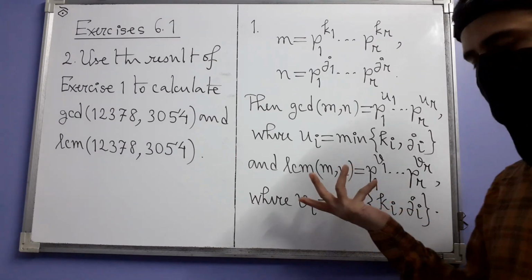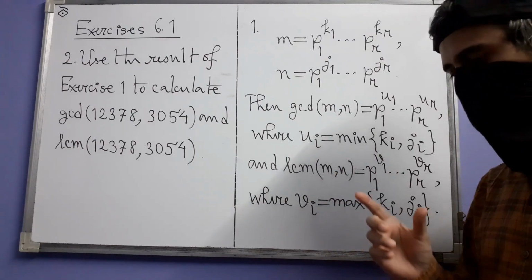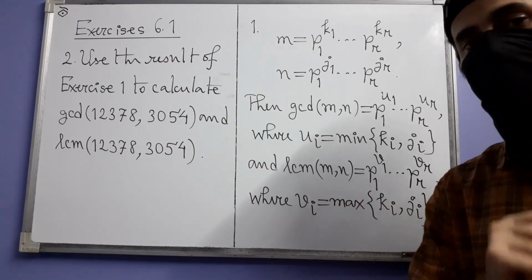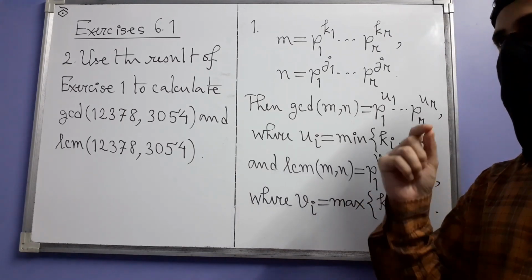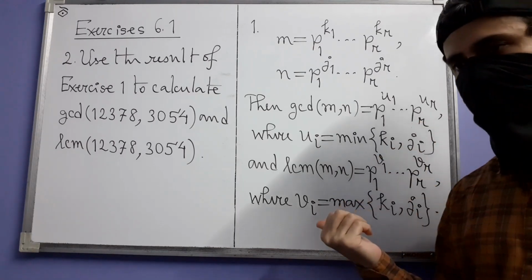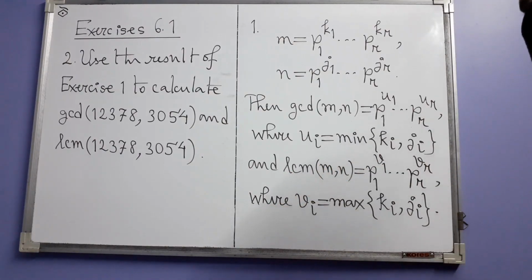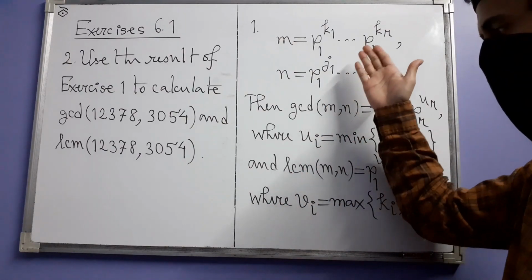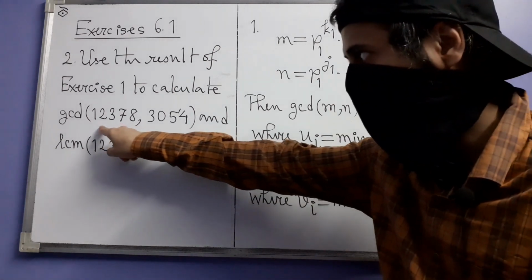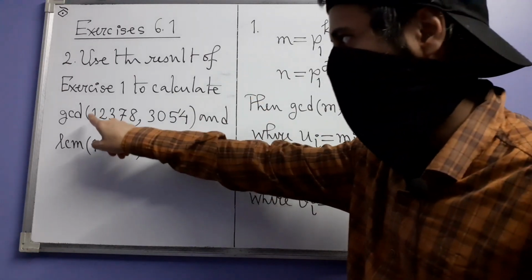It's not very difficult to prove this, and in fact we have proved it. It is one of the exercises in Herstein's Topics in Algebra. In the third section of the first chapter, we have this exercise and we have solved it there. So if you want, you can go and check it there. But anyway, today we are going to only use it to calculate the GCD and the LCM of these two numbers. One of them is